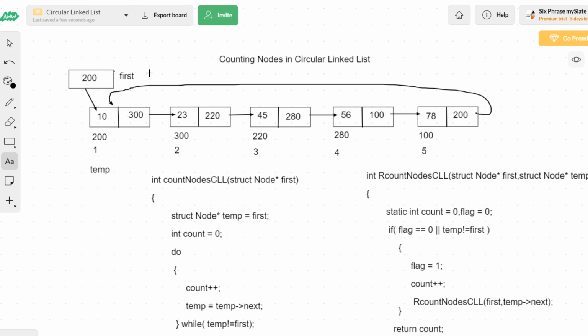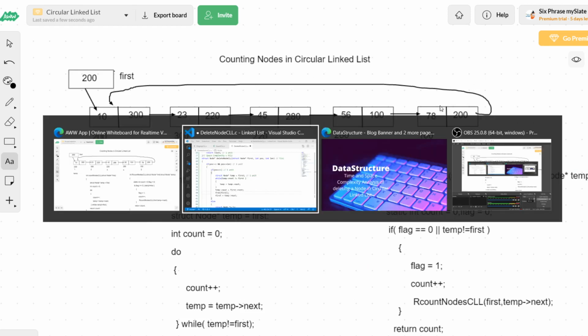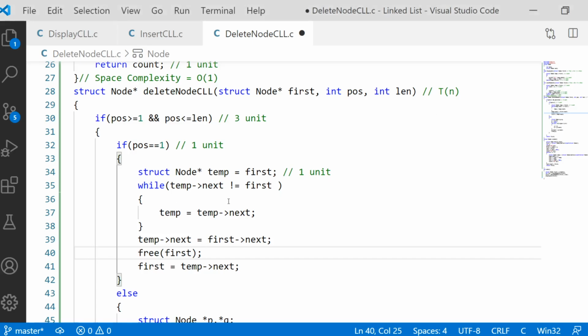So how many times is it being checked? 1, 2, 3, 4, 5 times it is checked. So for 5 checks, 1 time it is getting false. The last time it is false, so it will not enter. So the body part runs only 4 times, while the condition is checked 5 times. So for the while loop, this checking part will execute n times, so it will take n units of time because it is executed n times.